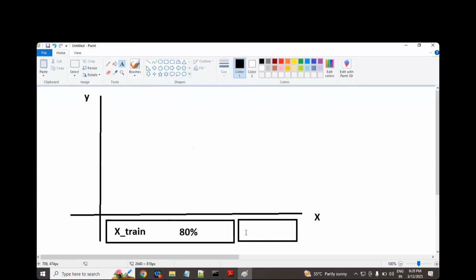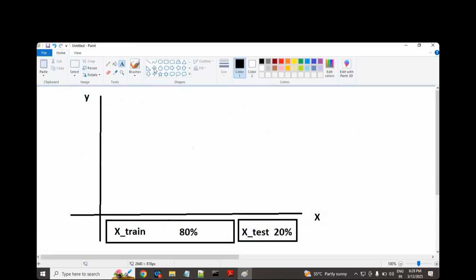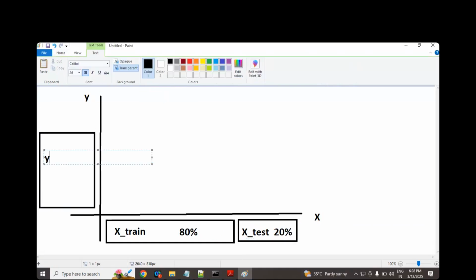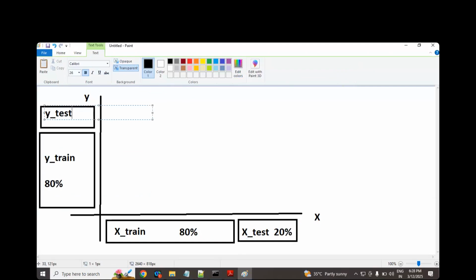Then what is this value? X test. And how much value? 20%. This diagram gives a lot of clarity. Y train, 80%. And this would be Y test, 20%.